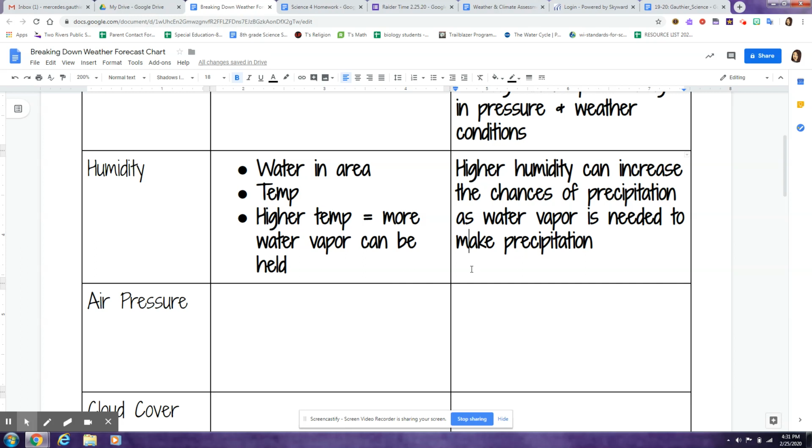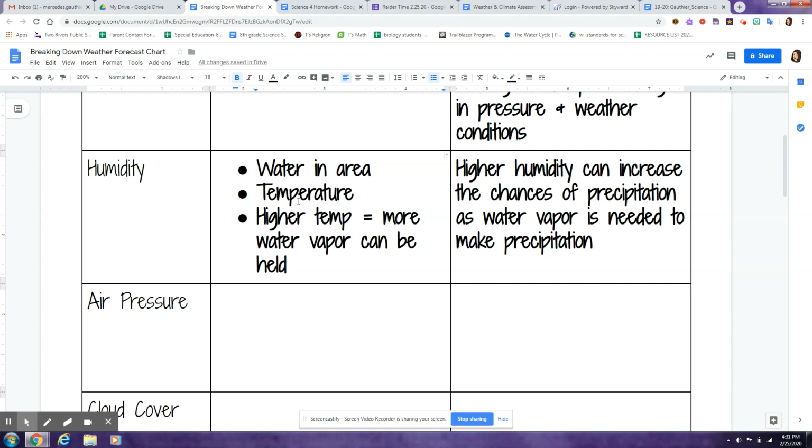The temperature matters. So temp means temperature. I was just trying to shorten it up for you. And then the higher the temperature, the more water vapor can be held. So if we have a high temperature, the air can actually hold more water than if we have a low temperature. Then on the last column, it talks about how if we have higher humidity, this can then increase our